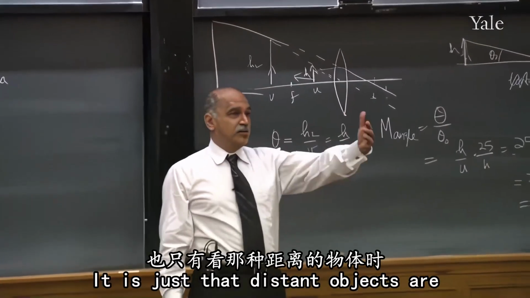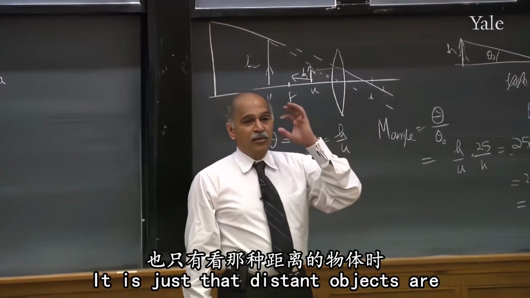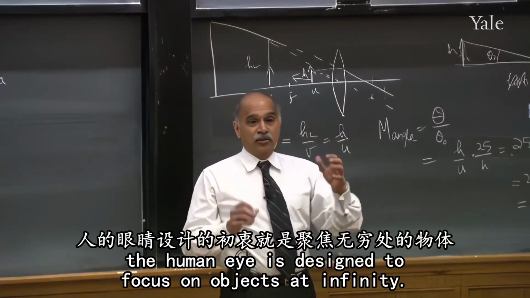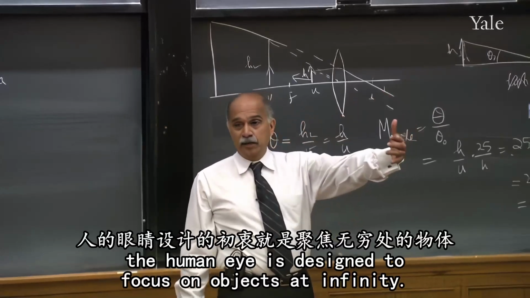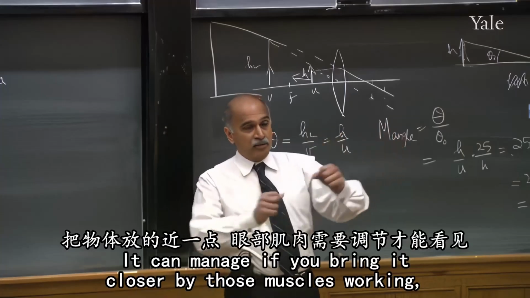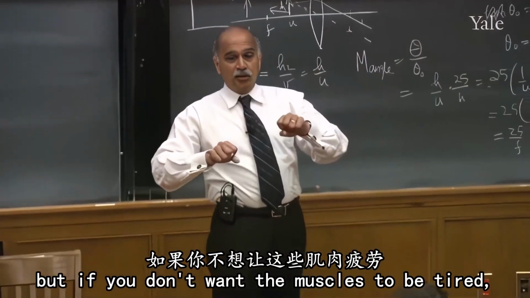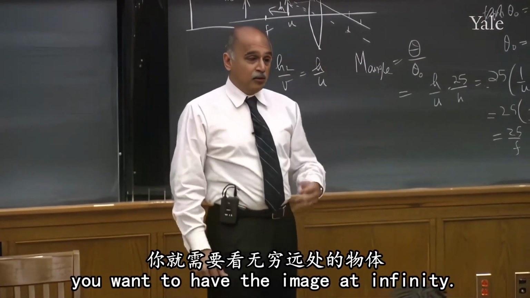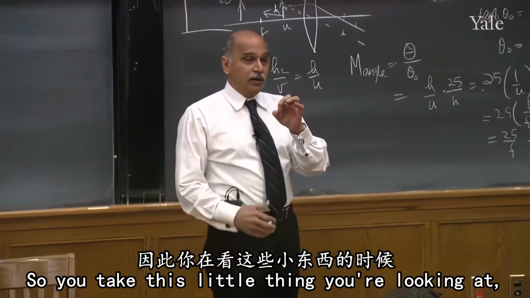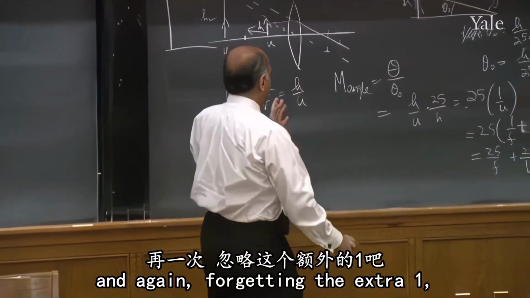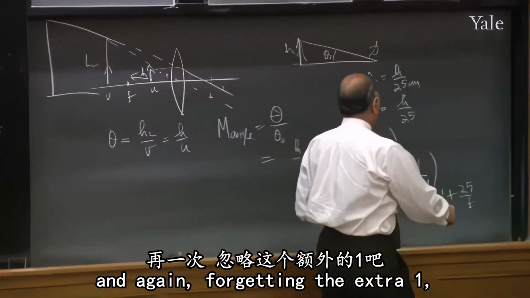It is just that distant objects are when the eye muscles have to do no work. In other words, the human eye is designed to focus an object at infinity. It can manage if you bring it closer by those muscles working, but if you don't want the muscles to be tired, you want to have the image at infinity. So you take this little thing you're looking at, and you use the lens to create an image at infinity,